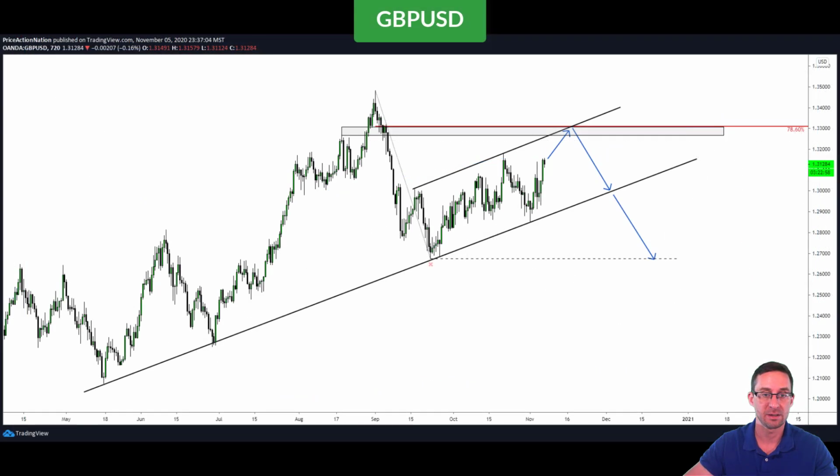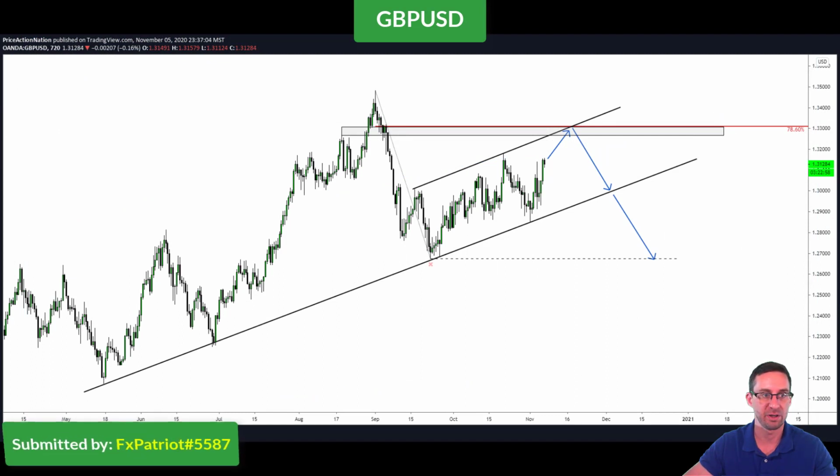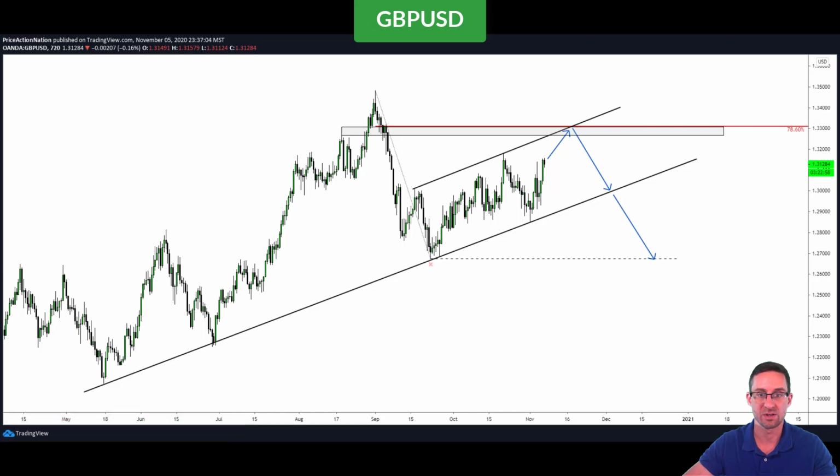All right, next up I want to cover two setups by members of our community. The one is by FX Patriot, one of the captains in our room, and he's looking at a potential short on pound US dollar. I know this is a 3-day chart he's got here. And what you can note here is that the market is busy forming this flag or consolidation pattern, and he's